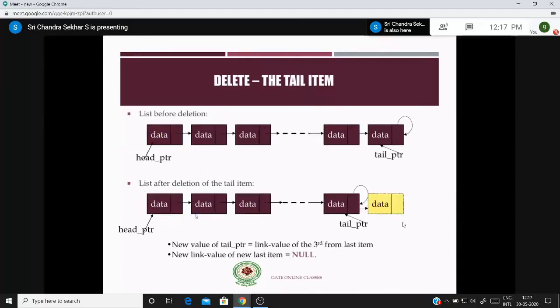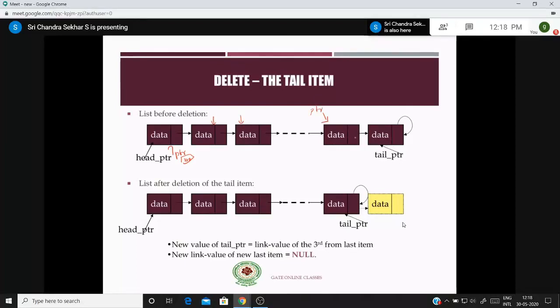Coming to the deletion part, this is almost similar, right? Almost similar to inserting an element at the last node. How can you delete it? For any operation, you have to start from the head node, right? So you take another pointer which is similar to the head pointer. Assume that the pointer is 100. You move to this location, and this location, and this location. And remember that in order to remove this last node, you should have a pointer that points to the previous node. That's what we have discussed.